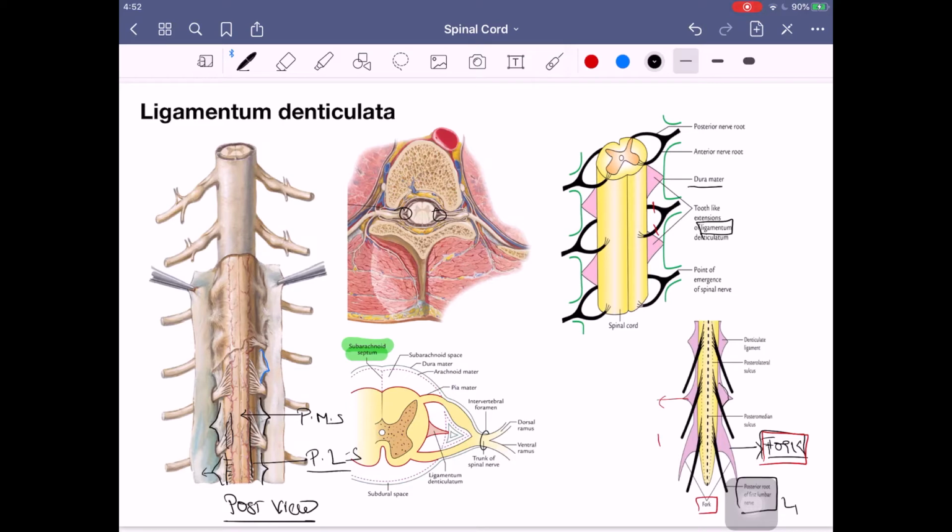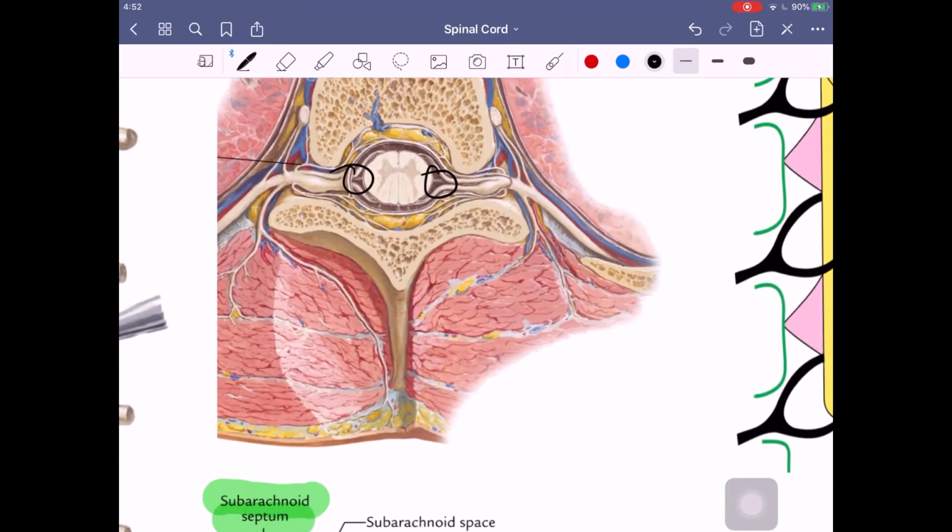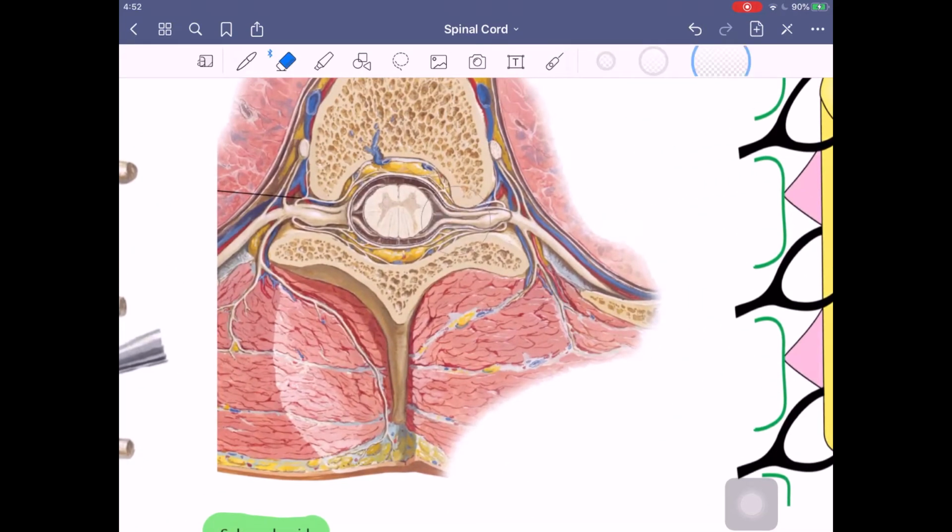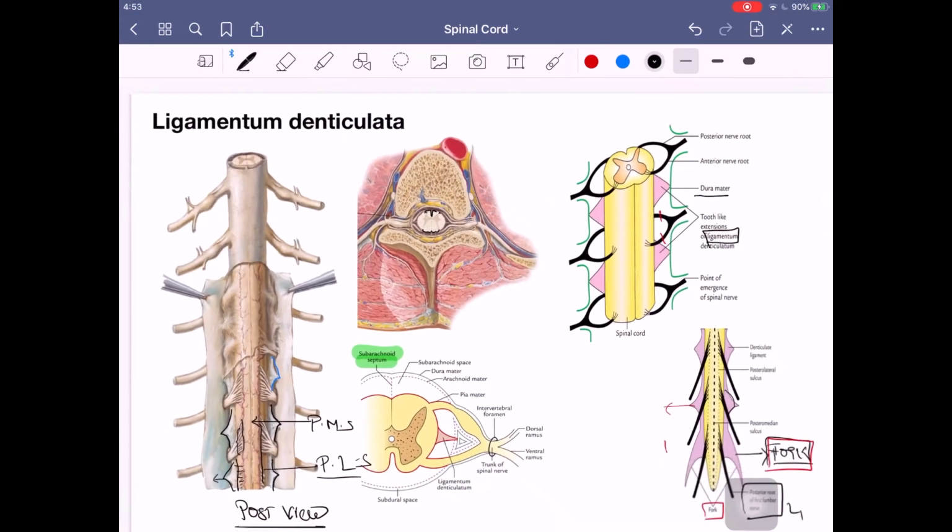Okay, so how do we identify? In this case also, if you visualize this transverse section, you can see the one which is deeply grooved in the front. This one is your anteromedian fissure, whereas on this side and this side, these are your anterolateral sulcus. This one is your posteromedian, this is postero-intermediate, and this is your posterolateral.